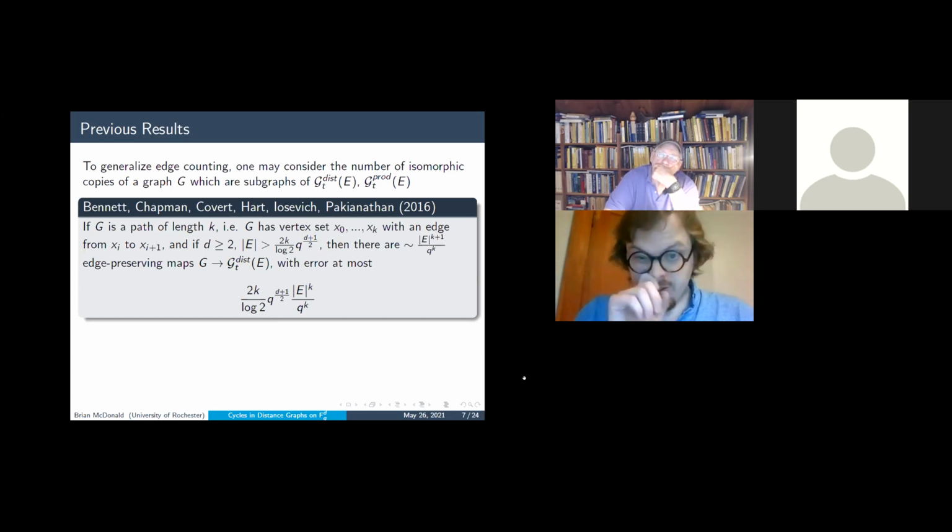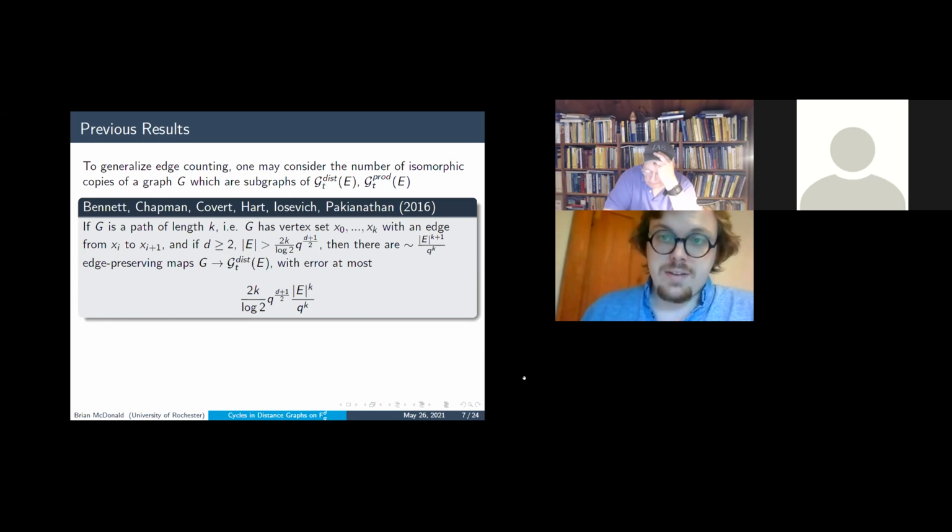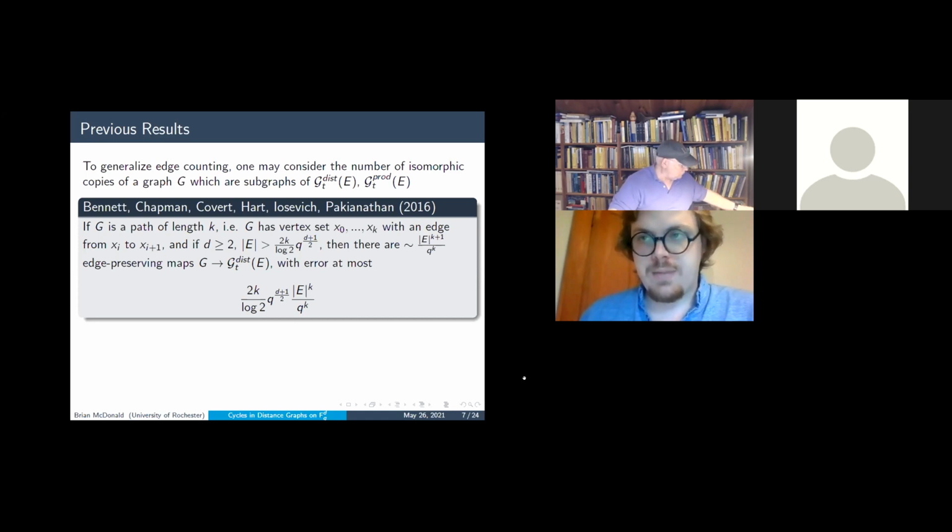And so this is the result we get. If |E| is bigger than a constant depending on k times q to the (d+1)/2, then there are approximately |E|^(k+1) over q^k edge preserving maps from G into the distance graph. So when we write it this way, where we're talking about edge preserving maps, right, then